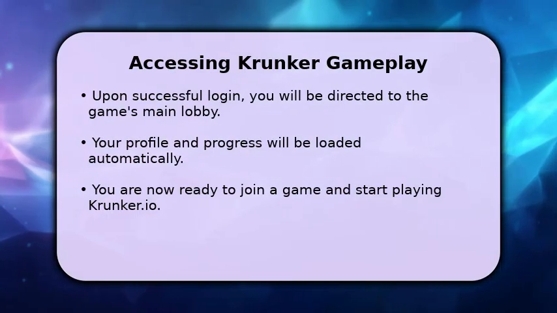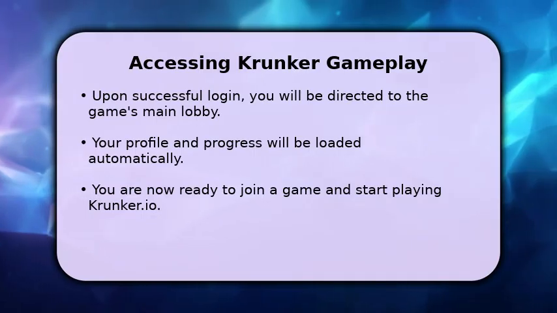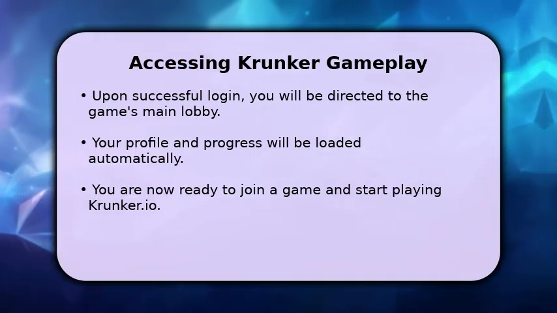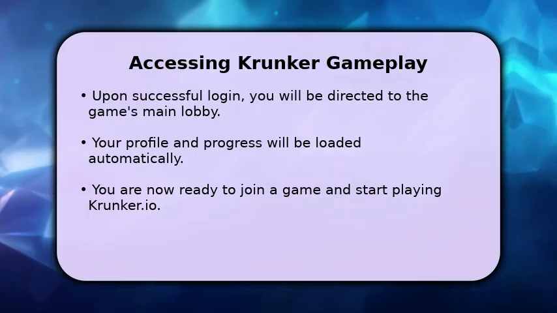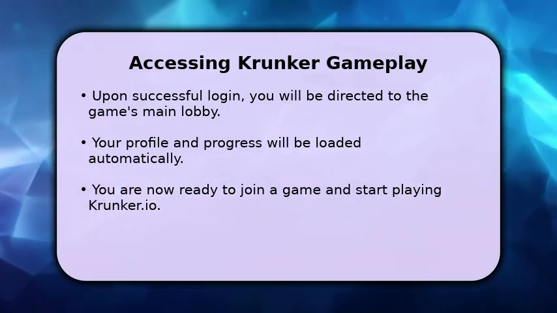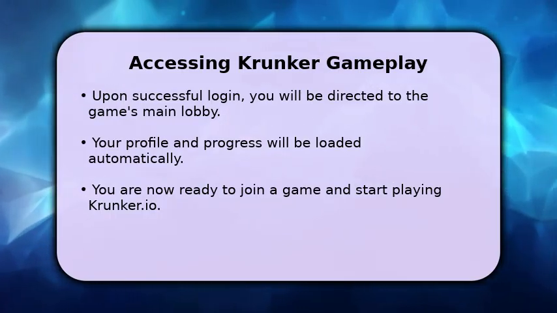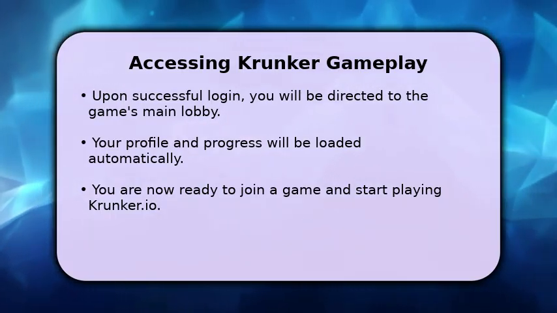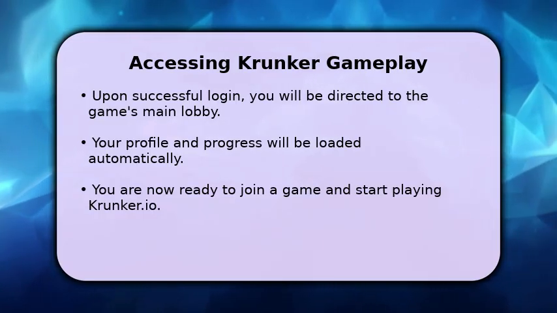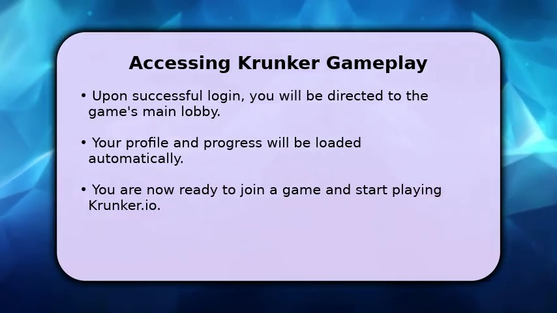Once your credentials are verified, you will be seamlessly directed to the Krunker.IO main lobby. Here, your personalized profile, including all your progress and customizations, will be loaded and ready. You are now fully logged in and prepared to jump into the action. Select a game mode, join a server, and enjoy playing Krunker.IO with your